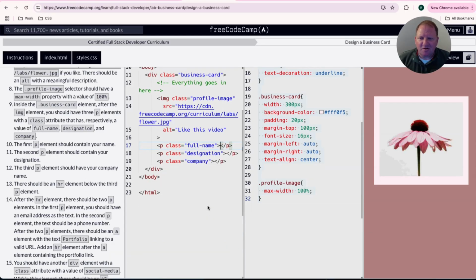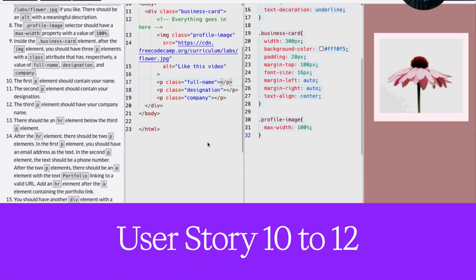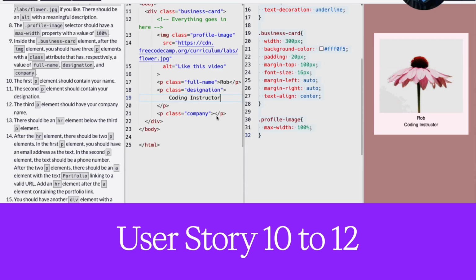So user story number 10, 11, and 12, they all revolve around one thing, which is filling out each one of these parts and pieces. So really for the unit test, you can put anything in here. I'm going to go ahead and put Rob in for the first one. The designation, I'm going to put in here coding instructor. And then the company, I'm going to just do the @ and then it's going to be freeCodeCamp,